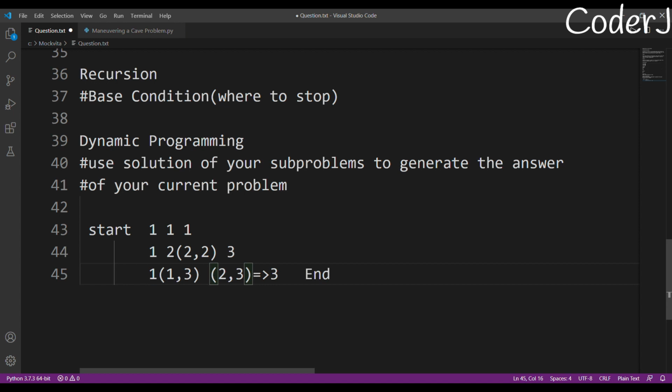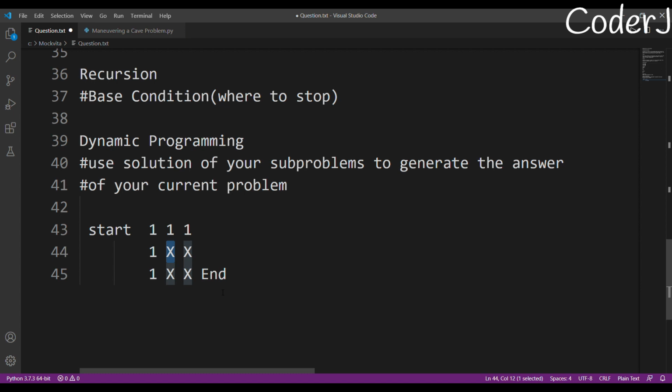Now what? How many total paths are possible to reach 2 2? There were two paths possible. And how many total paths were there to reach 1 3? There was one path possible. So that is why the total number of paths possible to reach 2 3 is 2 plus 1. Two paths come from this point 2 2, and one path comes from this point 1 3. And bam, this is how you solve dynamic programming. I hope by now you know how I did it. I just created some boundary conditions, which initially seemed very lame, right? Because you might be thinking, what is this doing?